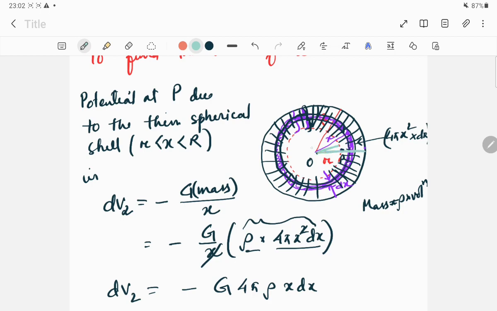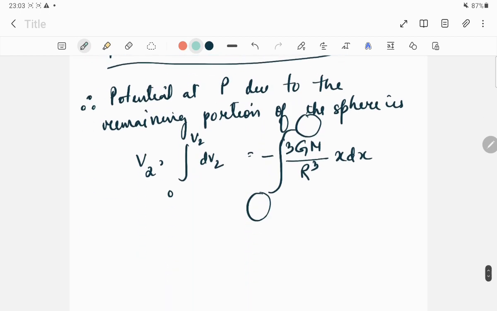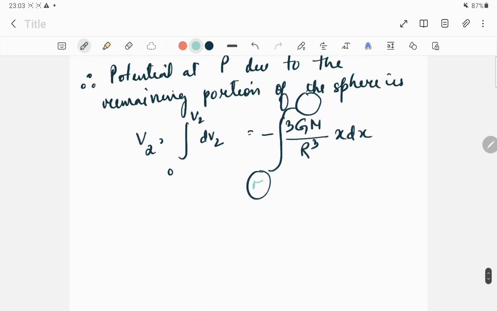This is capital R. So this is x, and this is the lower limit of x. This is the upper limit of x. So lower limit of x is small r, upper limit of x is capital R. So we have